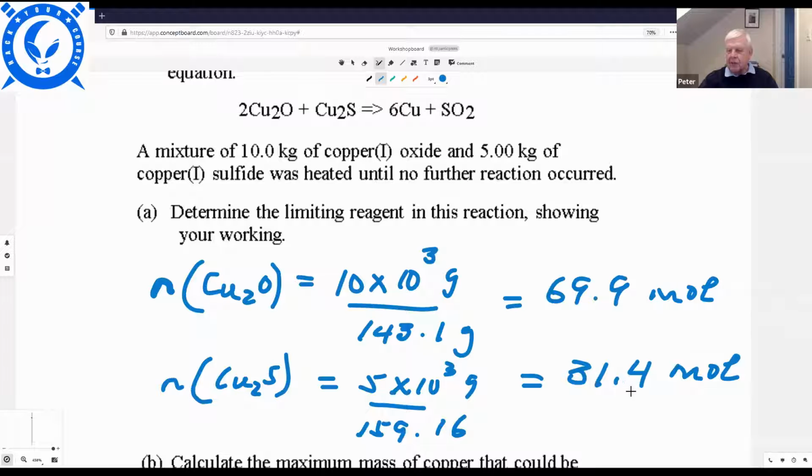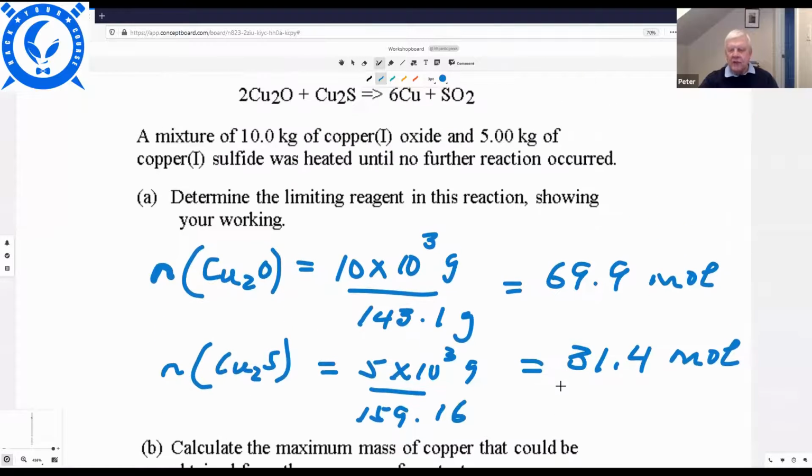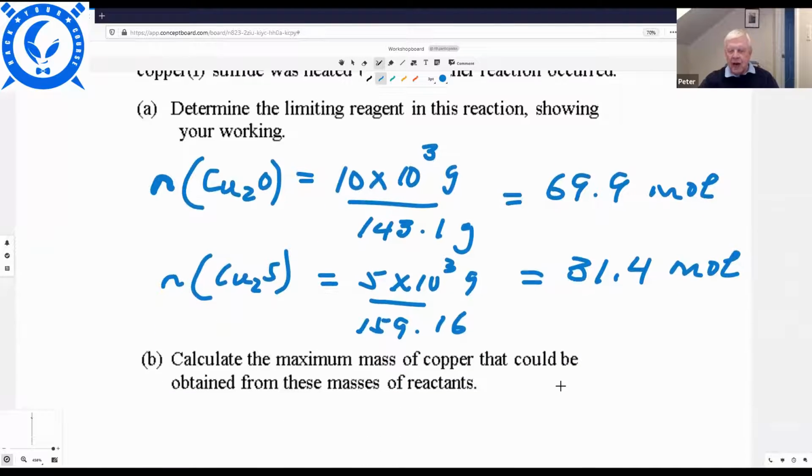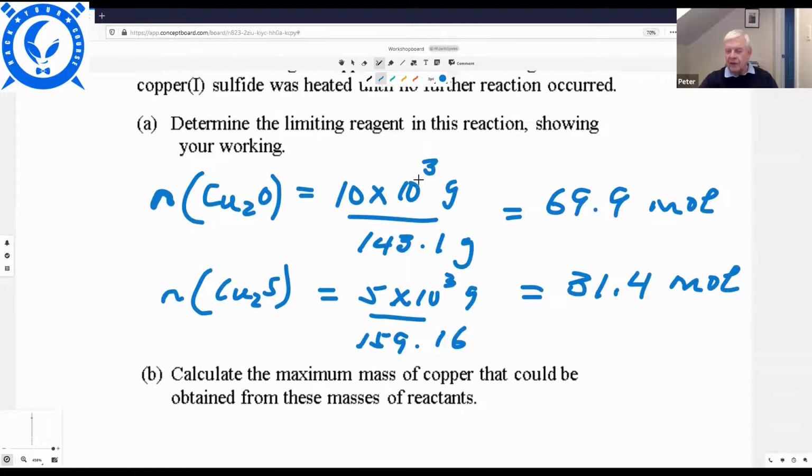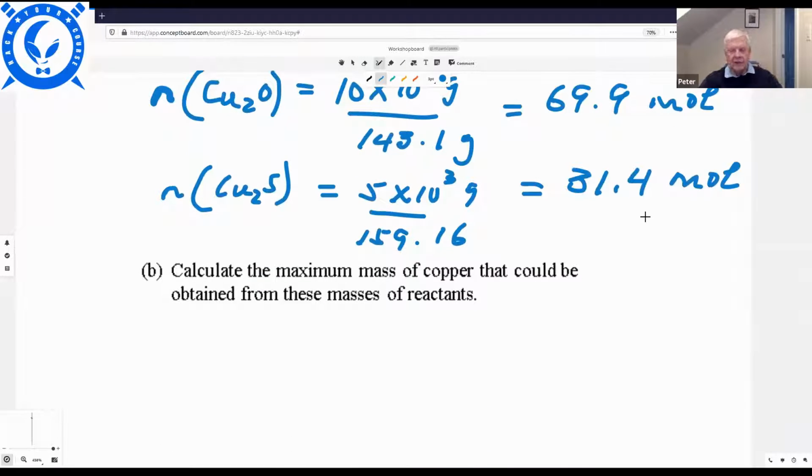I know some of you guys aren't particularly adept at doing math in your head, so while you're checking this out in your calculator, that's the way you approach it. You check to see the ratio, and in this case, copper sulfide is limiting. So then the next question asks you, how much copper will be formed by using these reactants? So you go back to the balanced equation again, and you realize that 1 mole of copper sulfide will produce 6 moles of copper. Well, you know you got 31.4 moles of copper sulfide, so the number of moles of copper then will be